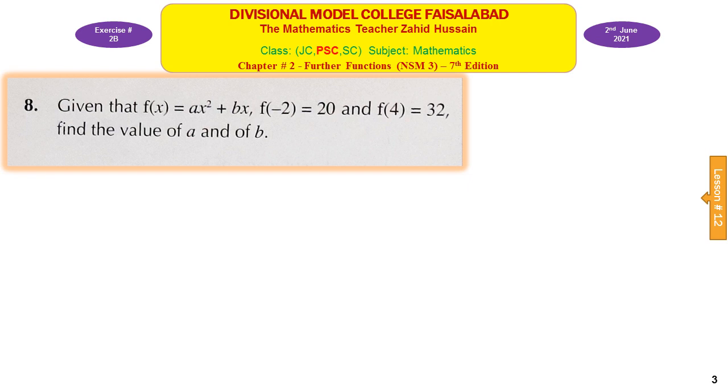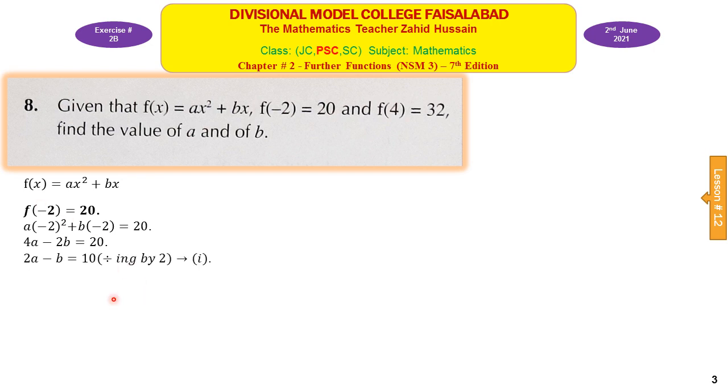Question number 8. In this question, a function f is given which is expressed by the expression ax square plus bx, and two conditions are given, that is the value of this function when x is equal to minus 2 is 20, and value of this function f when x is equal to 4 is equal to 32. Using these two conditions, we will